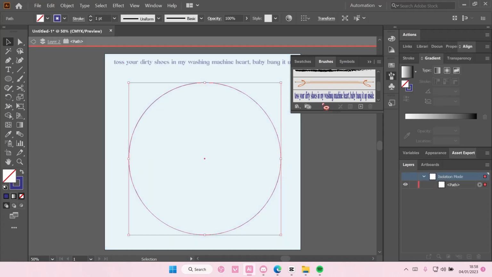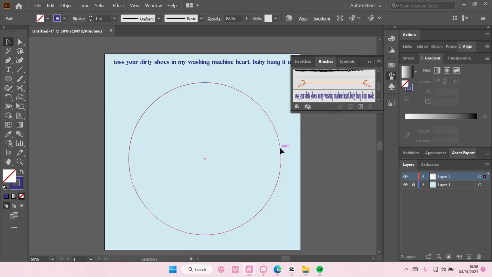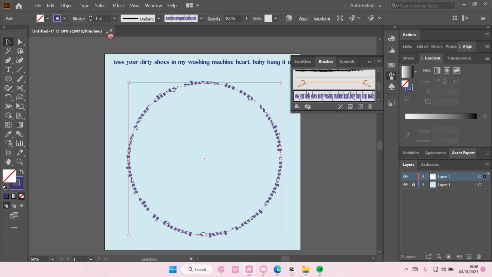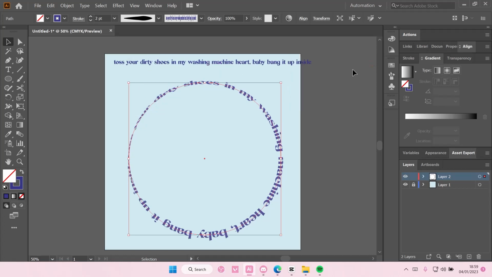Select the circle and select the text. Here you can adjust the strokes, maybe 2 points. And then you're going to select this bit and choose this profile for this one. I'm just going to choose this one, and then I'm just going to go to